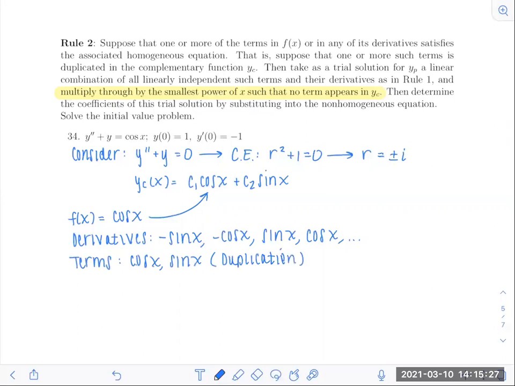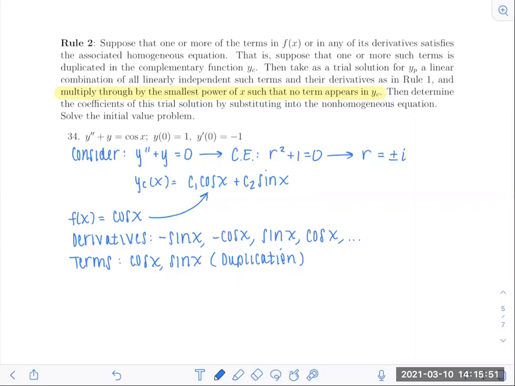I'm just going to make a note here that we definitely have duplication when we refer back to our complementary function. We see both sine and cosine occurring, so we need to use rule 2 as opposed to rule 1. Looking back at what's highlighted in yellow, we want to take the group of these terms, both trig functions, and multiply through by the smallest power of x such that no term appears